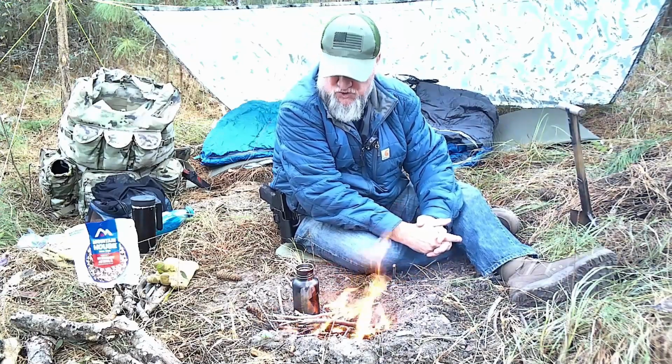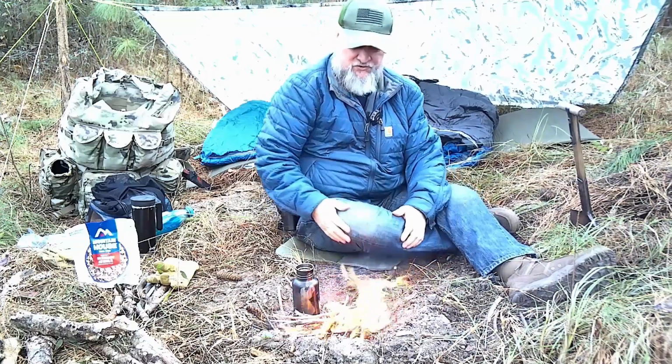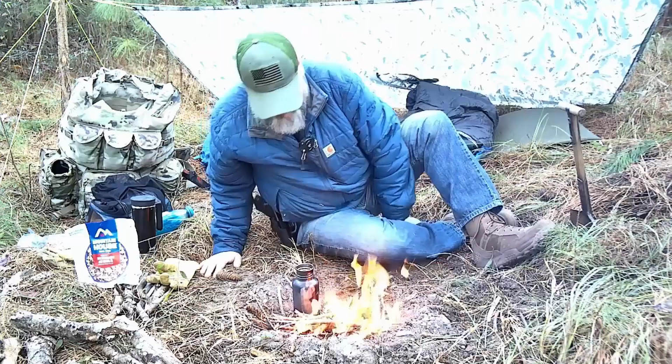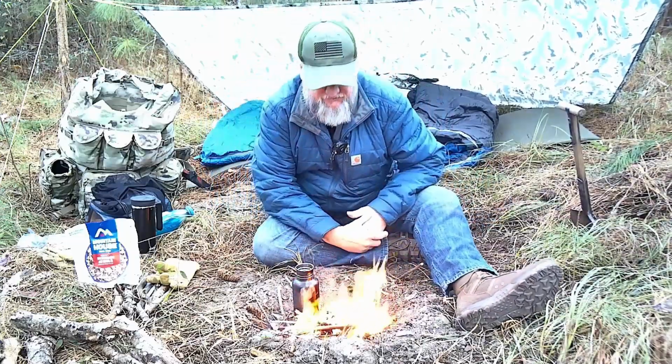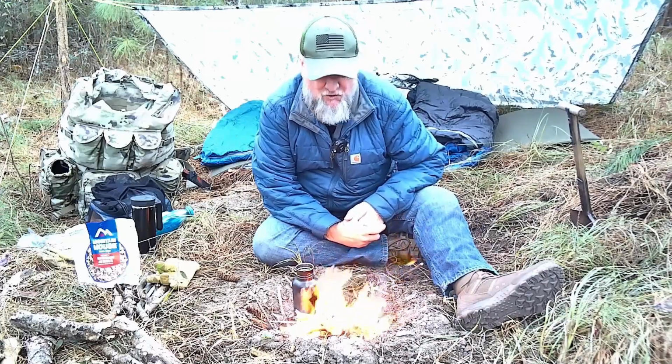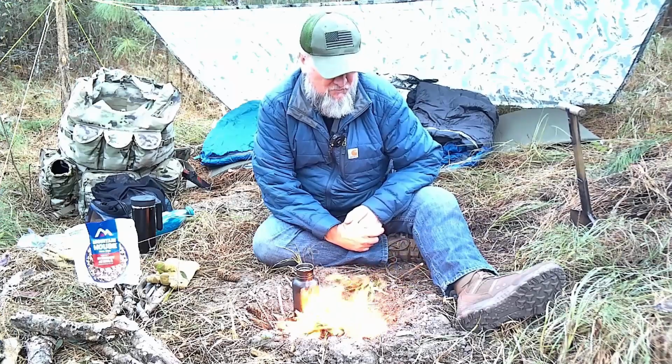And so while we're heating this water up, one of the things I really had to think about was how much weight I wanted to carry, and also what my total goals would be. You know, obviously survival is the goal. I have to back up. This little bitty fire is putting out some pretty good heat. Actually, survival is the goal. Getting from point A to point B is the goal. But also,